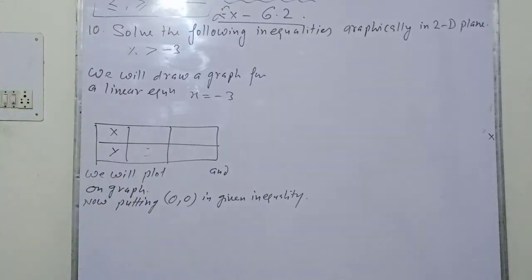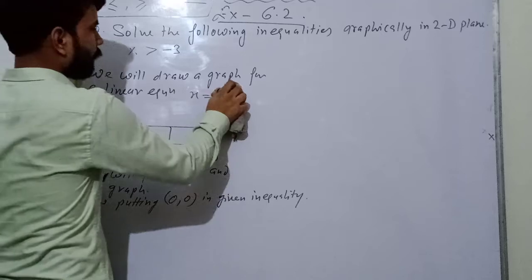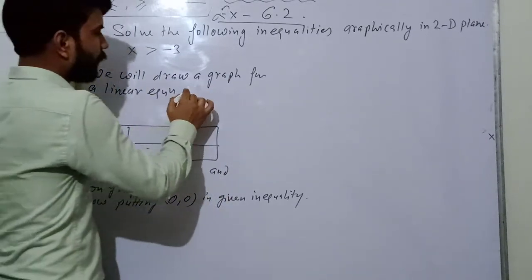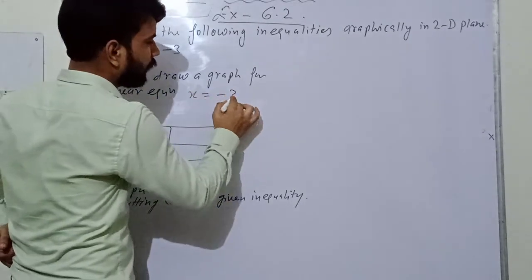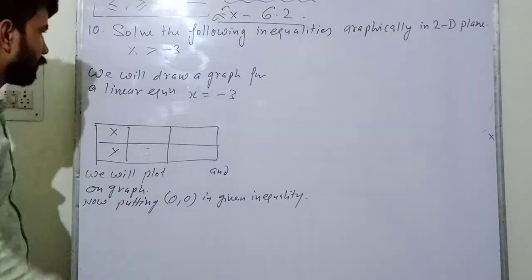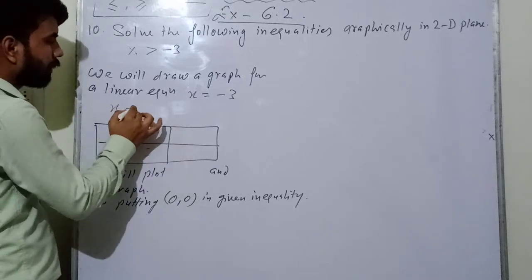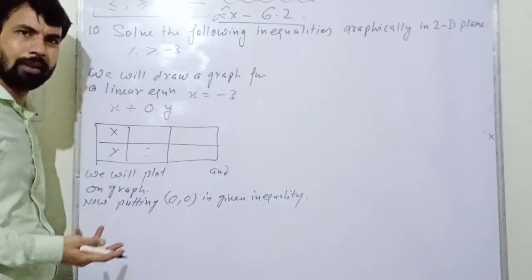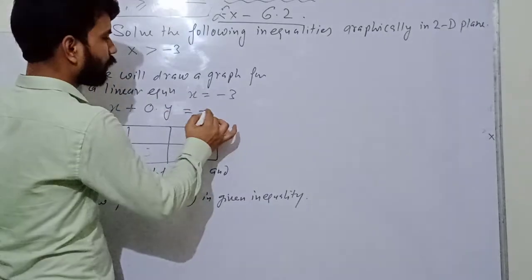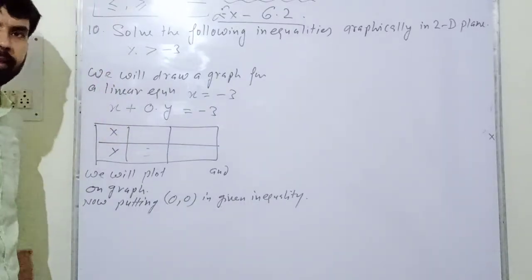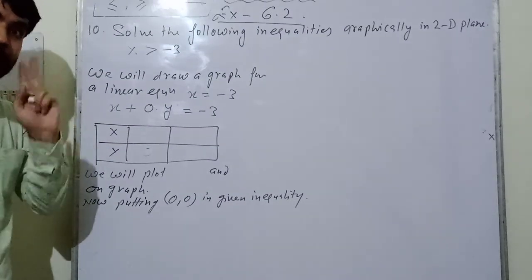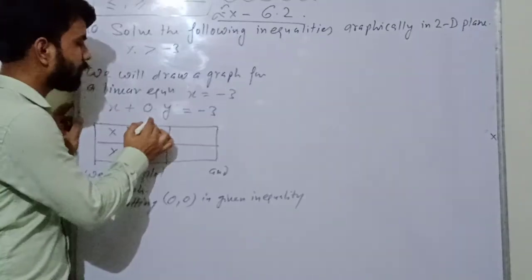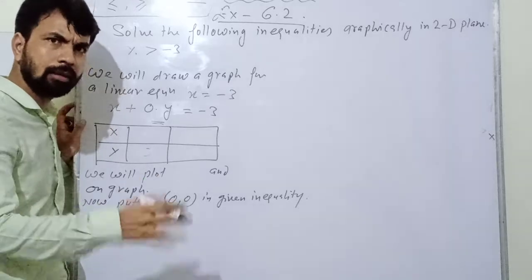Do one thing. अभी ऐसे समझ नहीं आएगा, आप ऐसा कर लीजिए, x equal to -3 लिखा, but y is not present here. So what can we do? Since y is not present, we can write x plus 0 into y, or not? Equal to what? -3. Hope it is clear? Good. If a variable is not present, then we can write it as 0 into y, because 0 into y gives you 0, so it will vanish.